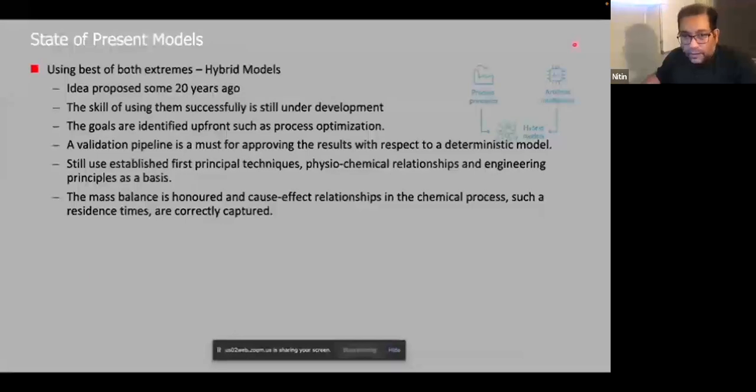So what could we do best? We cannot throw away the knowledge which we have gained for the last 100 years, and we cannot just sit while we wait for our knowledge to evolve to AI. Okay, what can we do now? So I will suggest we take advantage of hybrid models, where we combine what we understand from previous work history and the way we have developed in the industrial sector using process principles, combine that with artificial intelligence and create a hybrid modeling. Okay, it's basically still under development, but there is a good amount of traction. Okay,